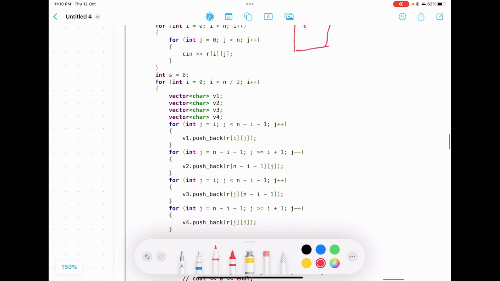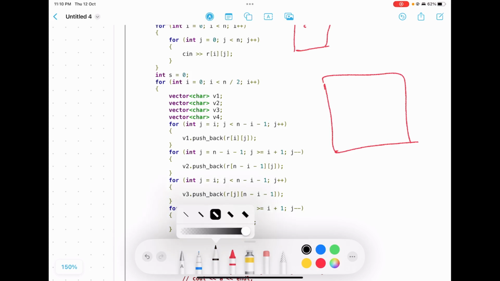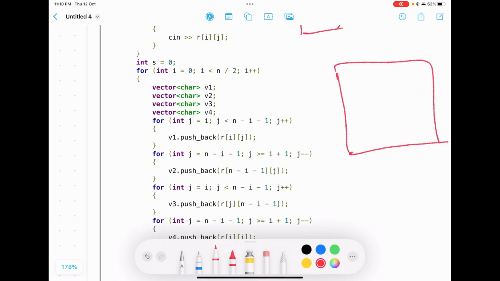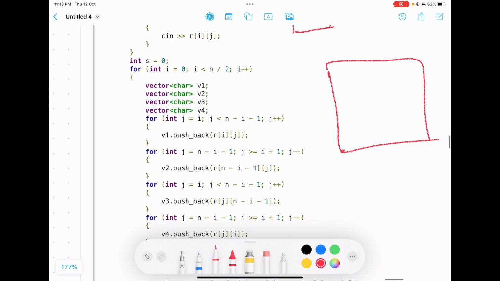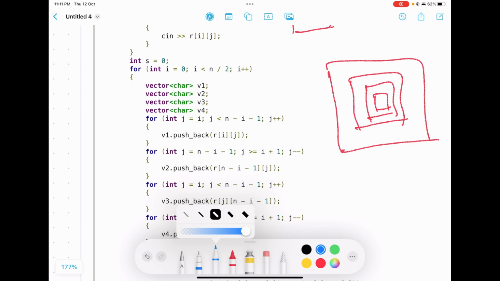Now, we will run a for loop from 0 to n by 2.